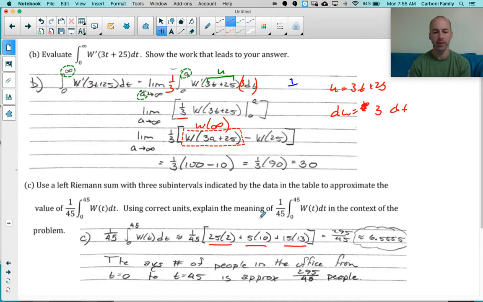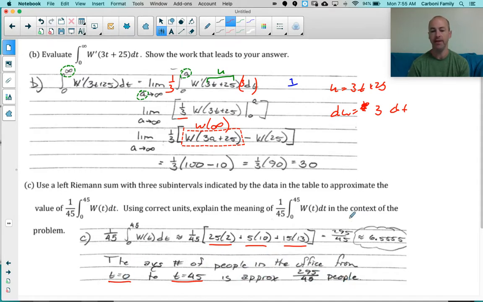Always, when you're explaining the meaning, you want to restate all values and your answer. And so we were looking at the integral from t equals 0 to t equals 45. So you need to specify that in your explanation. And the 1/45 should have reminded you of the average value theorem. So that definite integral is finding the average value of w, and w is described as the number of people in the office. So the average number of people in the office from 0 to 45 is approximately that many